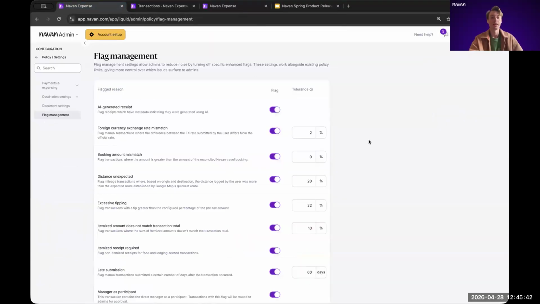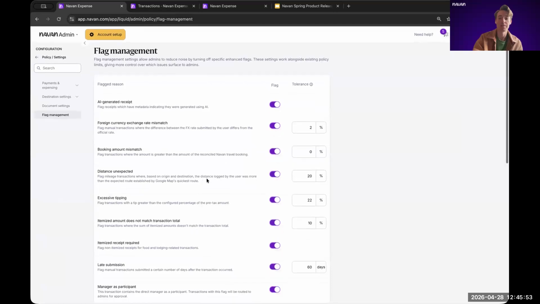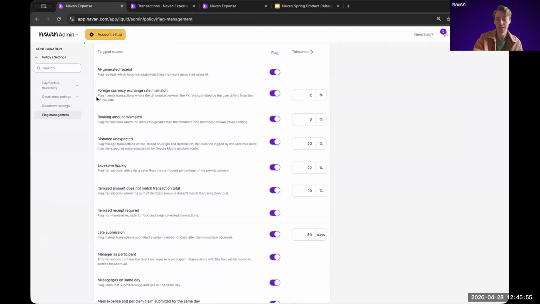Cool. So I'll demo two things today. I'll start here on the flag management side. I think this is something that hopefully most of you are familiar with, but if you go into configuration, policy settings, and flag management, you can come in here and see all of our different audit flags, including the new